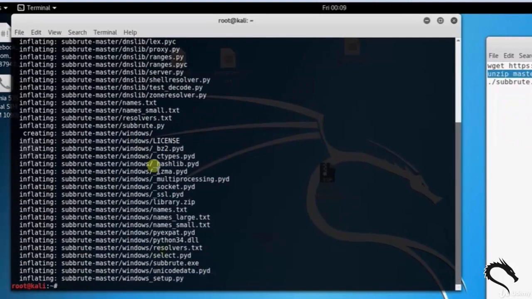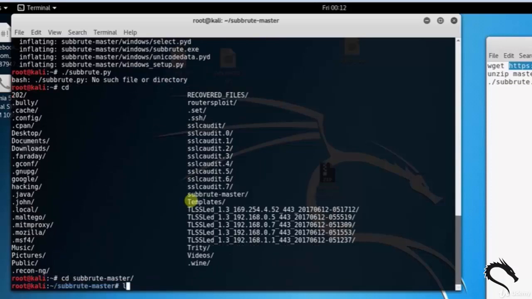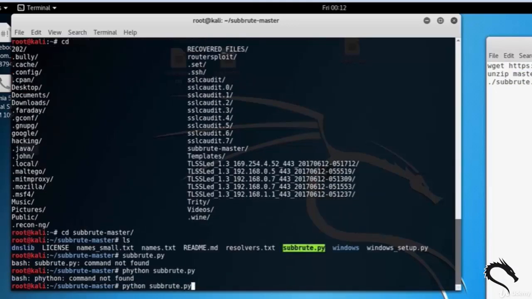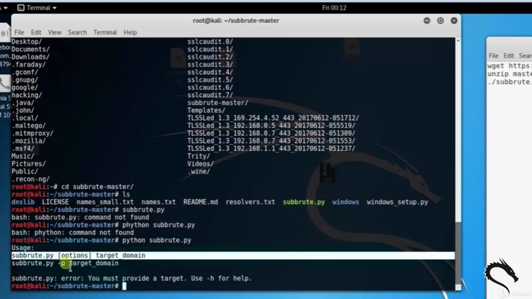Let's change the terminal directory to subbrute-master. Type cd subbrute-master. Type ls to view all files and directories. Here you can see subbrute.py, the Python tool. Type python subbrute.py. Here you can see the basic usage of the subdomain scanner tool,